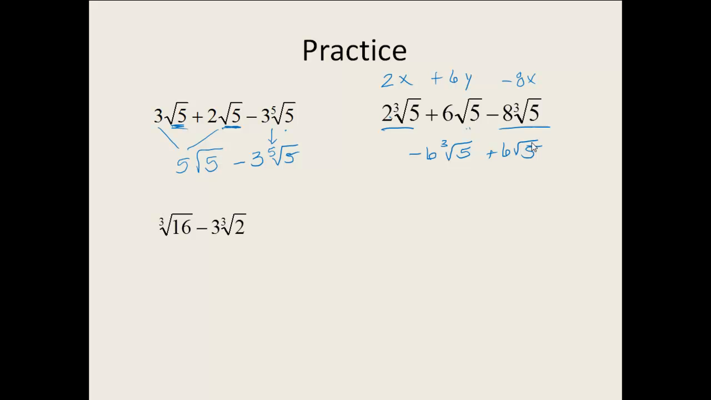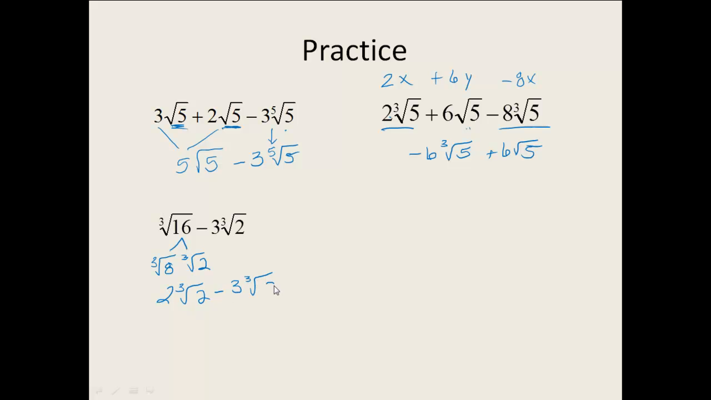Okay, another one. Cubed root of 16 minus 3 cubed roots of 2. Now this one might not be as obvious because they don't look like they match. But what you have to realize is that this cubed root of 16, we can break it down. If you go to your cheat sheet and you go to the cubed column, you want to figure out what you can divide 16 by that's on that list. Well, you can divide it by 8. So I can break this down into the cubed root of 8 and the cubed root of 2. Well, my cubed root of 8 is 2, so I actually have 2 cubed roots of 2 minus 3 cubed